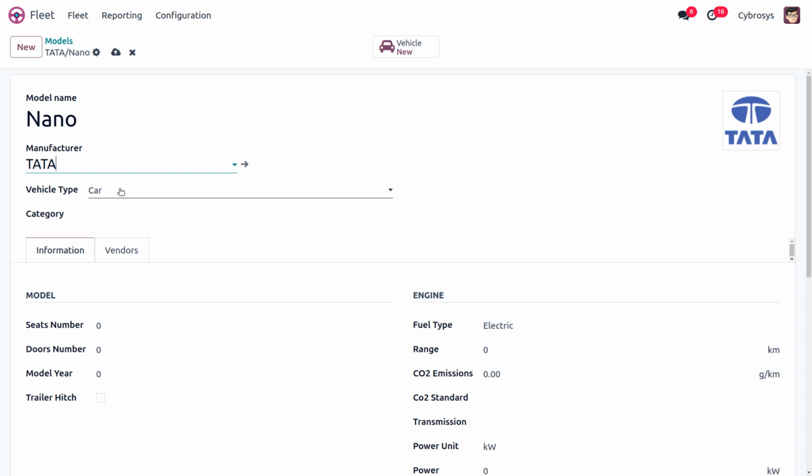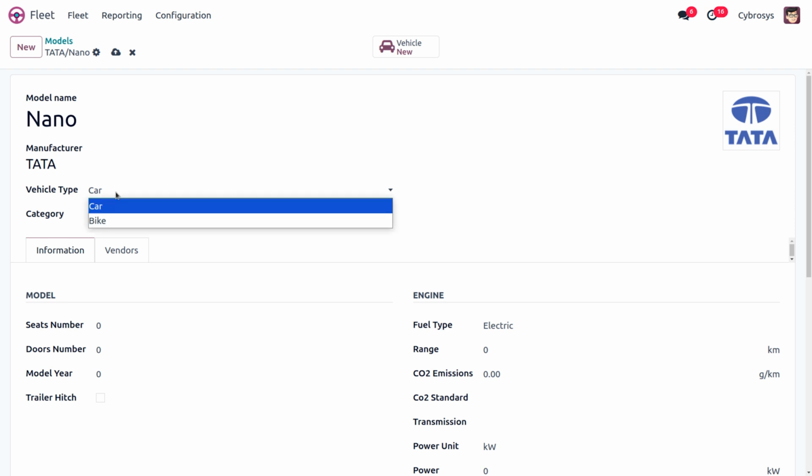Here we have the car type. The manufacturer field will show you the drop down list, and if you have configured this manufacturer, you can easily get that. Or else you won't be able to get the manufacturer, but you can create the manufacturer instantly from the manufacturer field. Under the vehicle type, you can select one of the configured vehicle types.